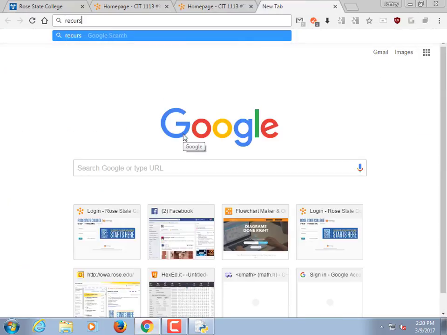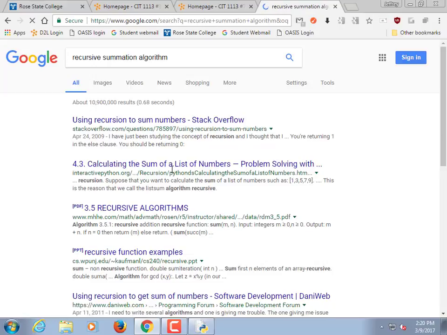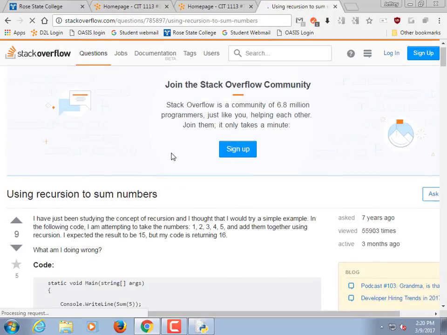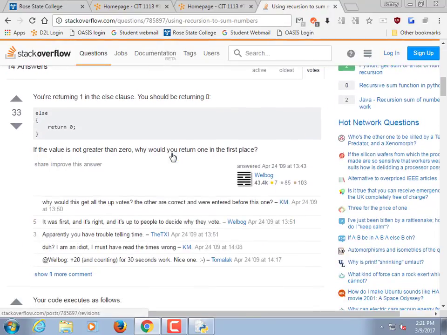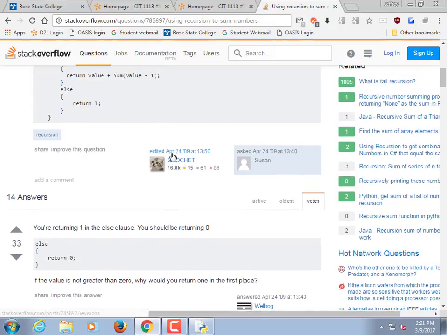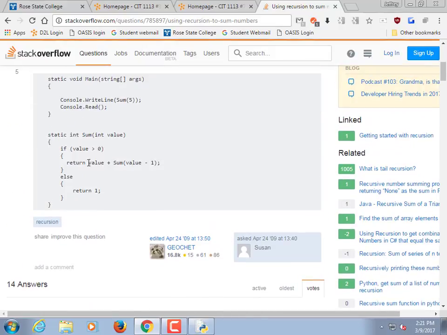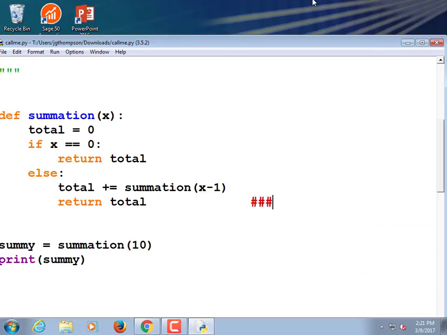Let's go and Google up recursive summation algorithm.